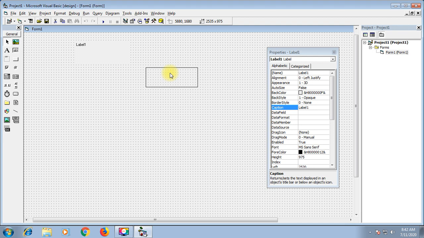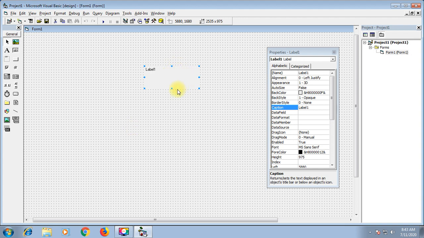Yes, I have taken this control. Its name is a name. The name of the control is label 1. Now each control will have a name. We should know the importance of a name. We all have names. In the same way, each control has a name, so they can be identified and easily differentiated from one another. So we have label 1. How can we know what is the name of this control?